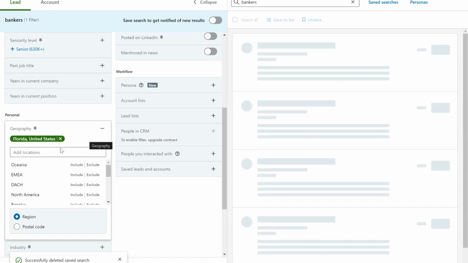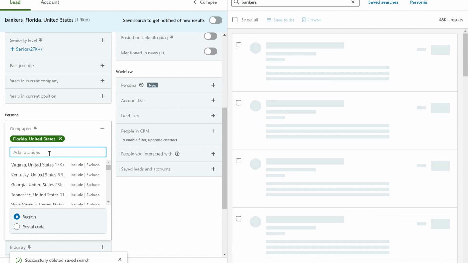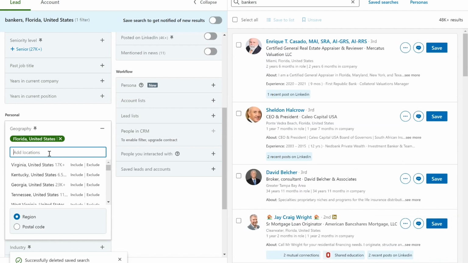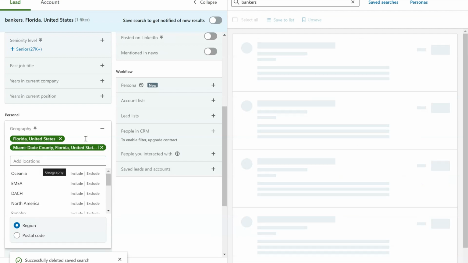So for right now, we're going to work in the state of Florida. Let's say you really want to be pinpoint specific. I only want to work with people who may be inside of Miami-Dade. You can go ahead and do that. If you know the zip code, you put the zip code in. If not, then you can just put in Dade. You're right there. Work with people that are only in the Miami-Dade area.